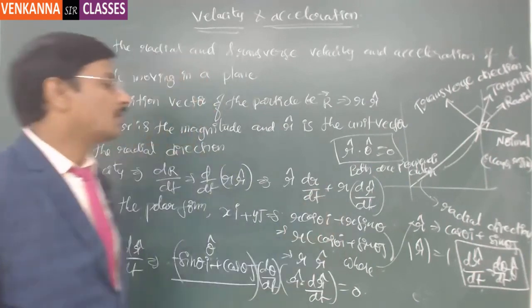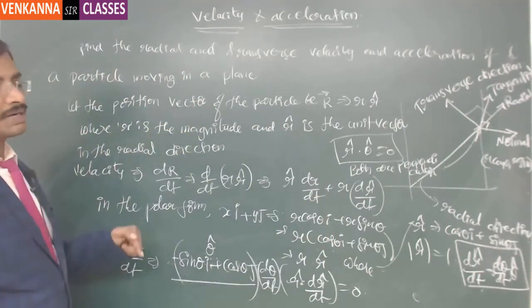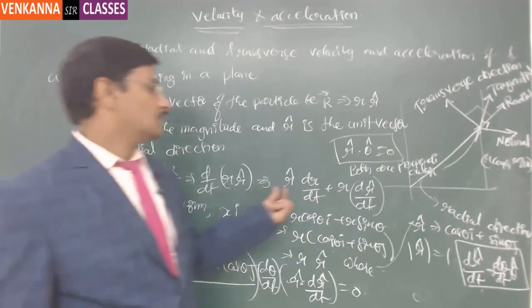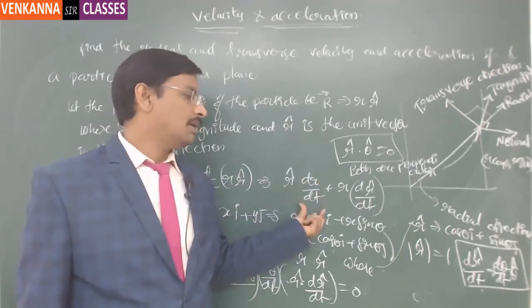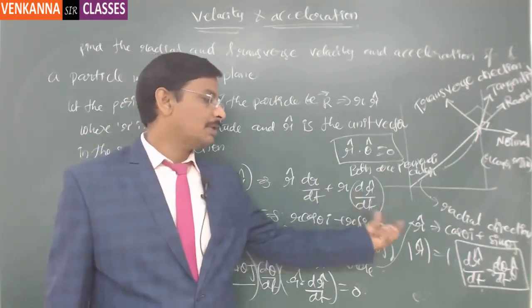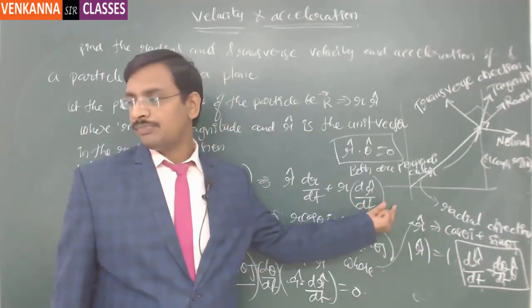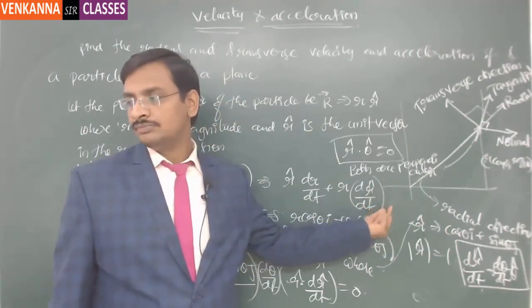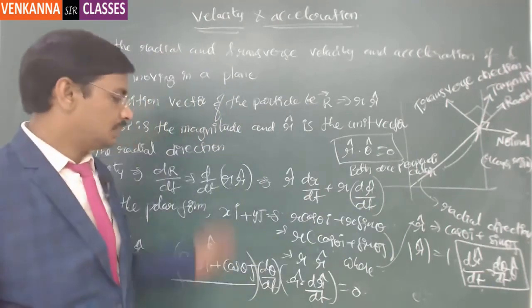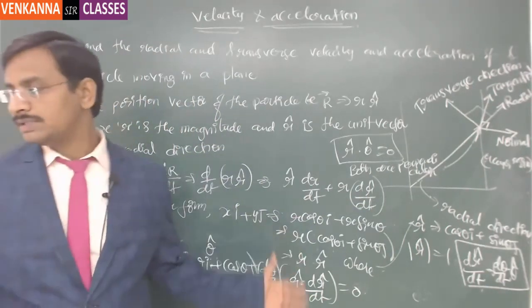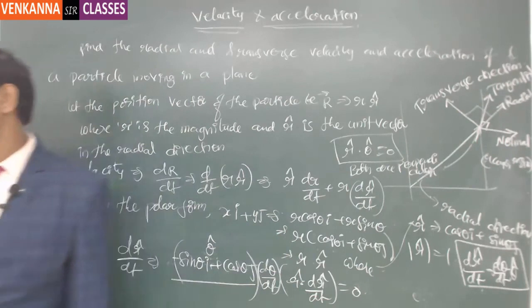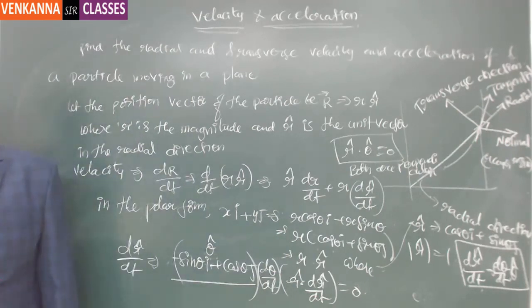So if you want to identify the radial component and the transverse component of the velocity, so r cap component dr by dt, and dr cap by dt is coming out to be d theta by dt times theta cap. Got it? So just note down till this point. I am going to erase it. Noted? Okay. So then